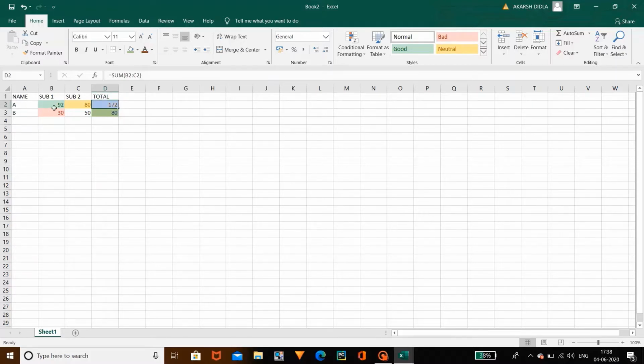So likewise you can change the colors. As this name is left aligned, I am making it center aligned as it is the main heading. Coming to subject 1 also, it is also a main heading, so I am using the center alignment. Coming to the total also, I am centering it. This is the small project that I am doing. And next, let's insert the picture.